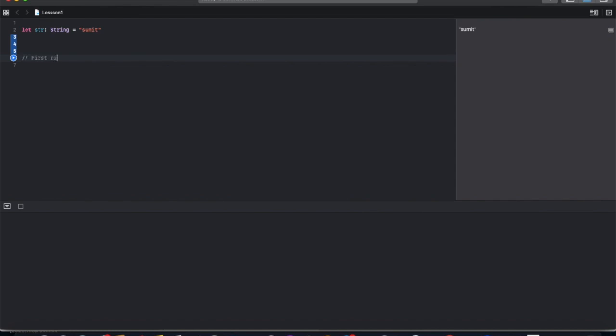First rule: the name of a variable can only contain alphabets, numbers and underscore.